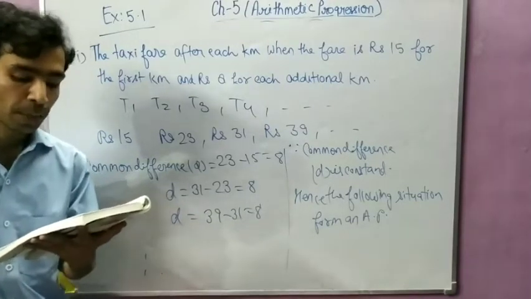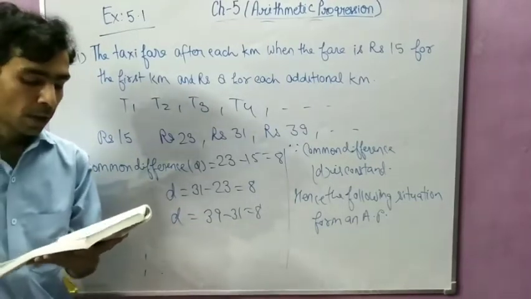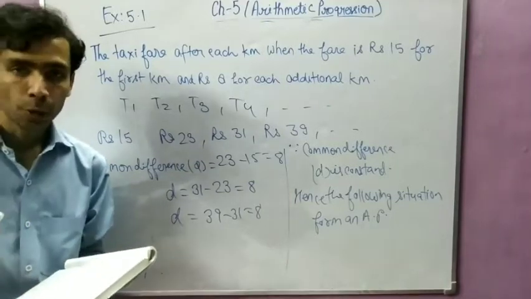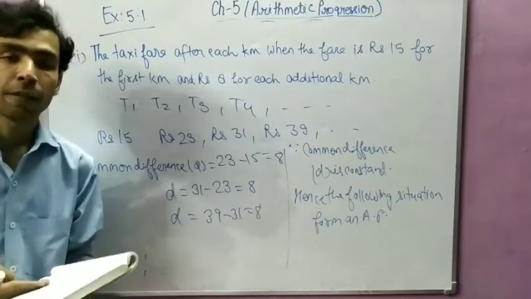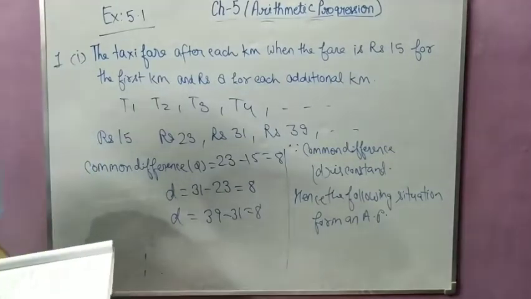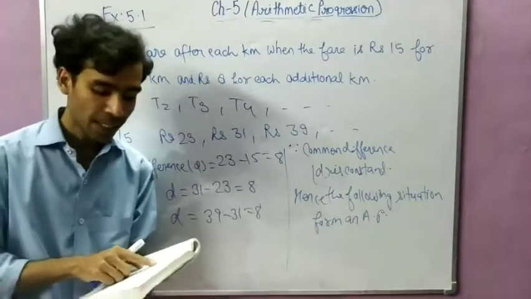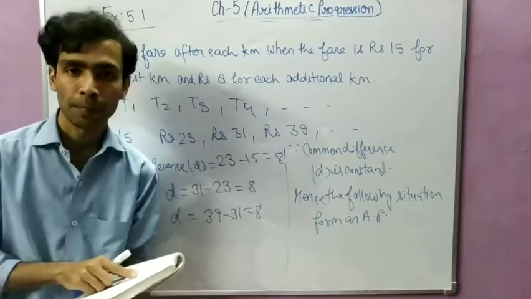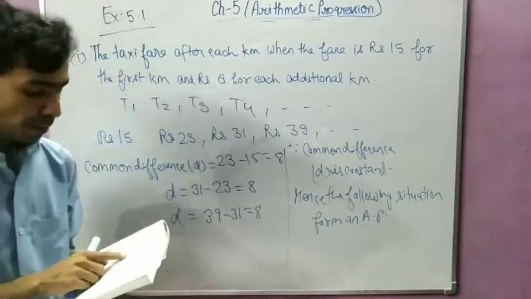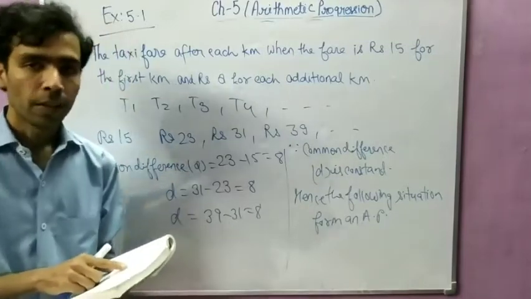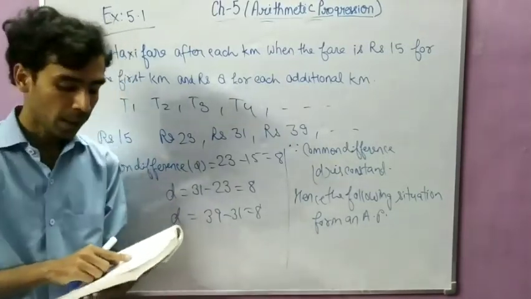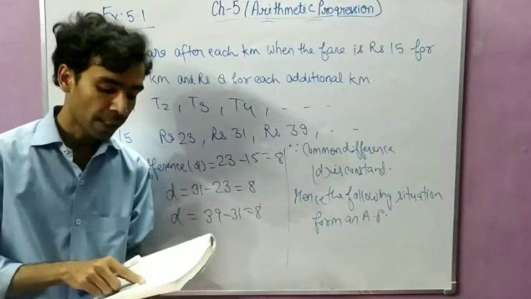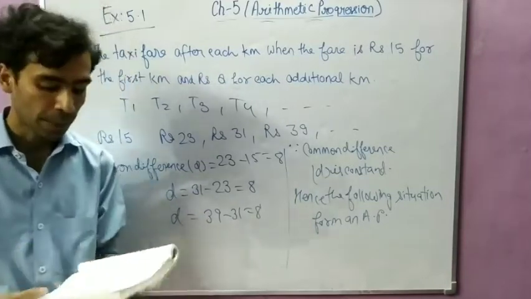Part third is also the same. So the first part I told you, and the second, third and fourth parts you have to do by yourself. I can tell you the answers. The first part is forming an AP, the second part will not form an AP. You can solve it. The third part is also forming an AP, and the fourth part is not forming an AP.